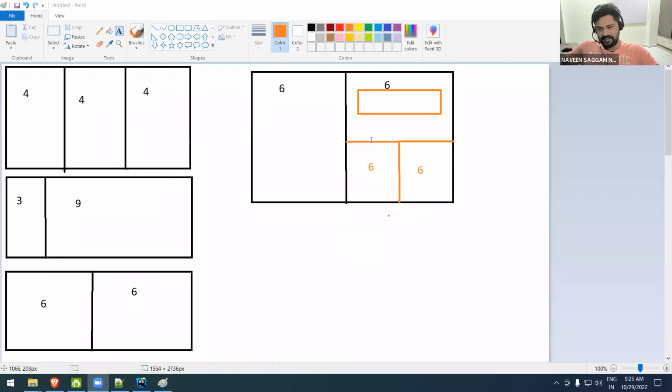Yeah, 6 and 6 because this is one row actually. Every time you want to divide, you must make a row. Under that, you can divide into columns. So this is another row. This is actually a column. Outer section, it is column. But inside that column, you make one row and two columns, 6 and 6. And in this 6, right,